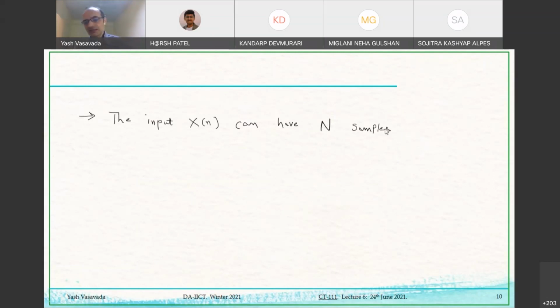So it can be x0, x1, x2, up to x of n minus 1, total of n samples. The output, no, sorry, the impulse response